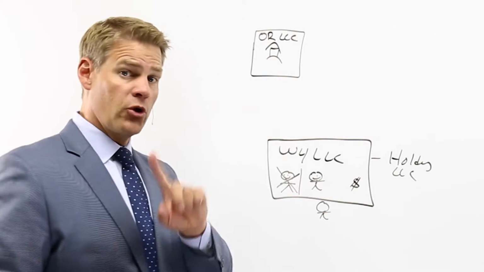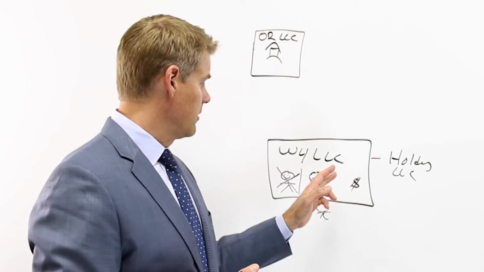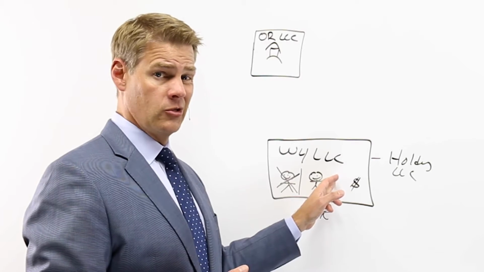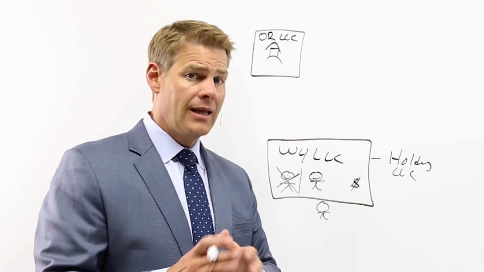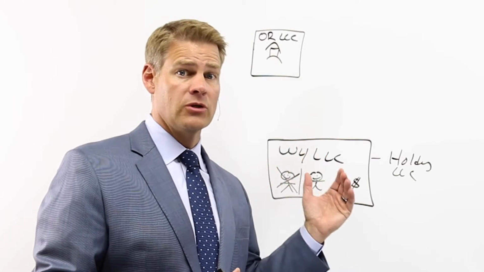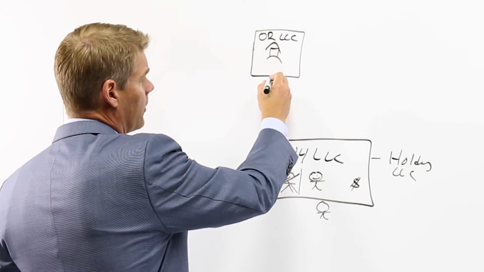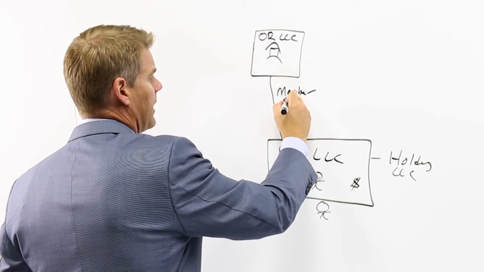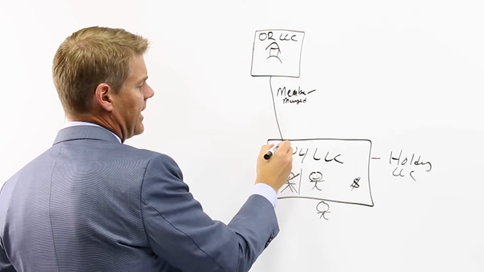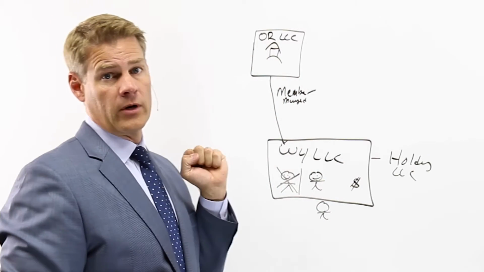But how about if we make the member this Wyoming LLC where you're not tied to it from a public record standpoint? From a public record standpoint, everyone assumes that this A.T. Mathis guy who's listed there is somehow associated with it, not you. I like to work from that perspective. This is how you build your anonymity protected structure. You start with this Wyoming LLC. Then when you file your Oregon LLC, you file it as a member-managed LLC. So it points down to this Wyoming LLC. So you list the Wyoming LLC's name on the Secretary of State filing for the Oregon LLC.